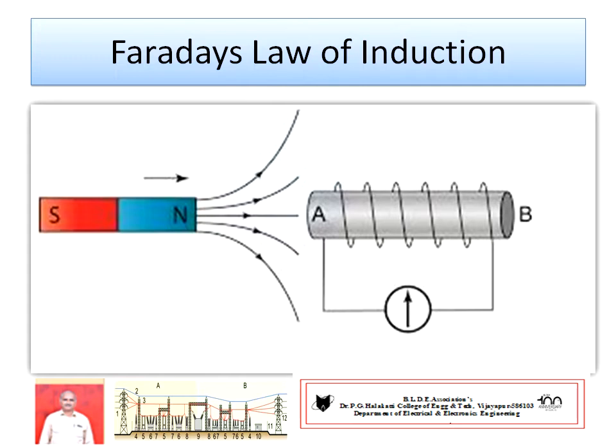Hence this experiment shows that there must be a rate of change of flux linkage with the coil, hence there is an induced EMF. If there is no rate of change of flux linkage with the coil, there is no induced EMF. So these laws are known as Faraday's laws of electromagnetic induction. Understand and practice.